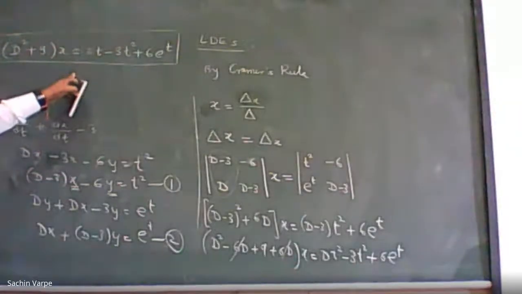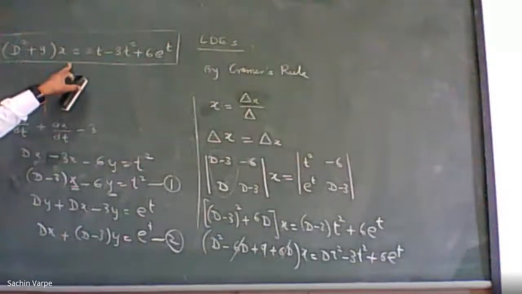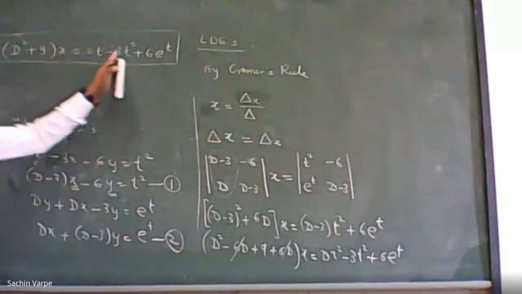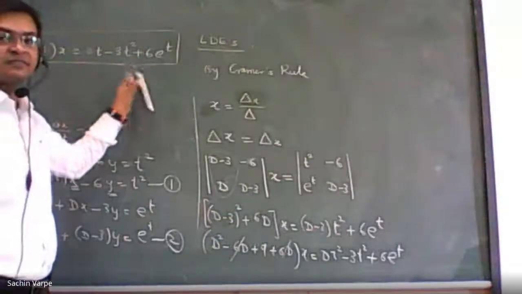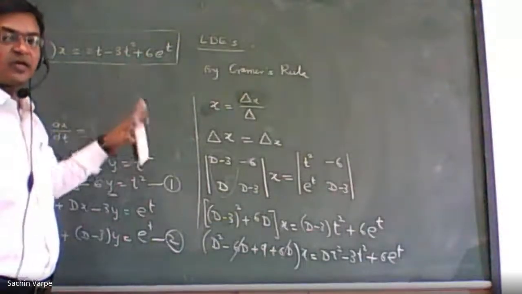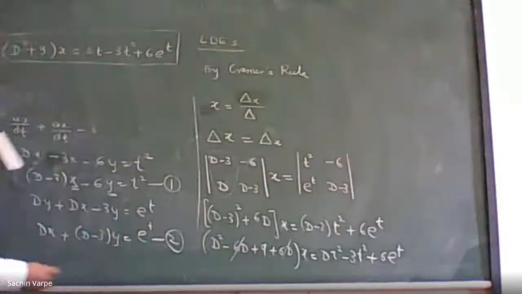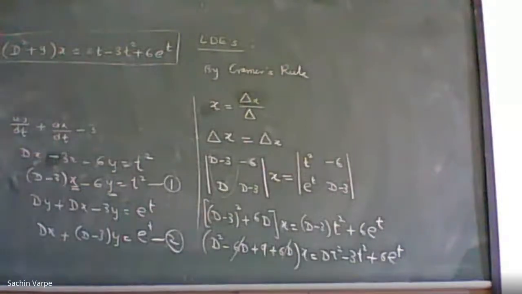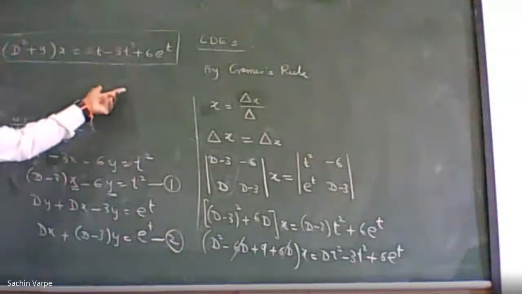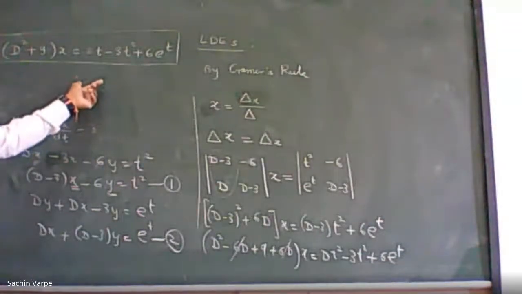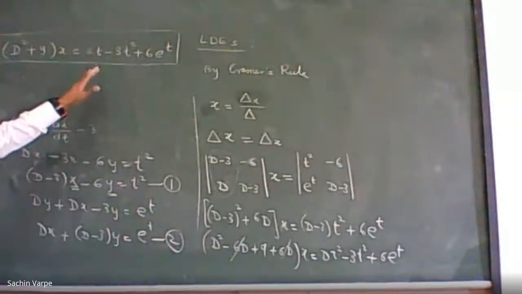And I know how to solve this. So this is a linear differential equation with dependent variable x and independent variable t. And I know how to solve this, isn't it? Its solution will be CF plus PI. Those CF plus PI will be in terms of t, isn't it? And the solution of this differential equation is the value of what? Yes, the solution of this differential equation is the value of what? T? No, that will be value in terms of t. That is not the value of t. Value of x. Yes, correct.